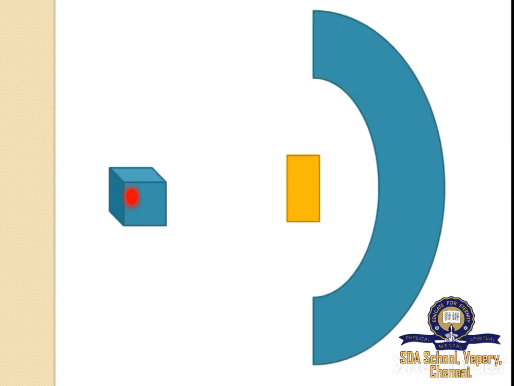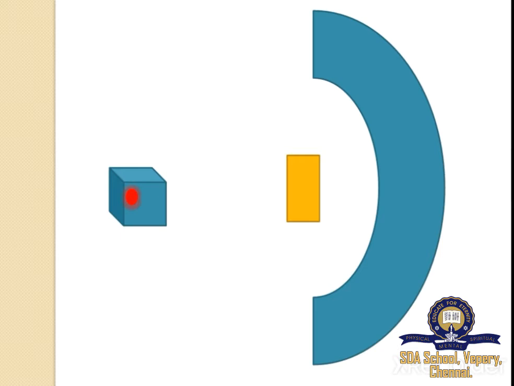Now let's see the experiment. He took the alpha particles in a lead container. Lead is a very heavy metal. Alpha particles cannot pass through it. That is why they are stored in a lead container. Then he made a small slit on the lead container. Here, slit means a small opening, which allows the alpha particles to move out of the container. Then he used a gold foil, and then a fluorescent screen.